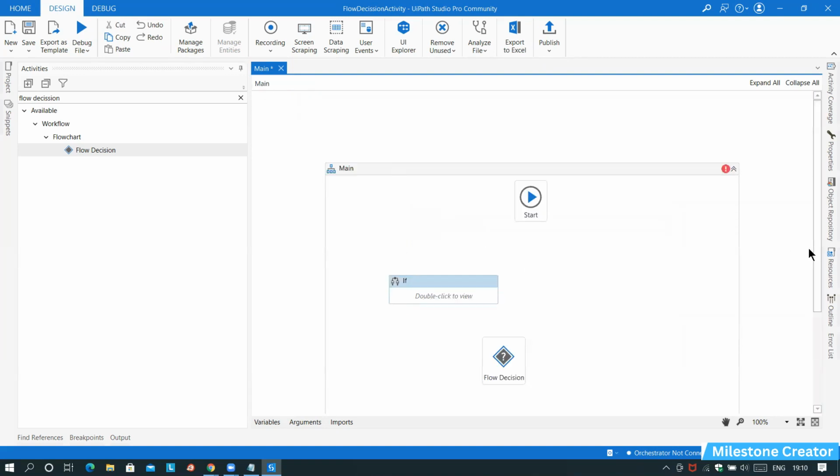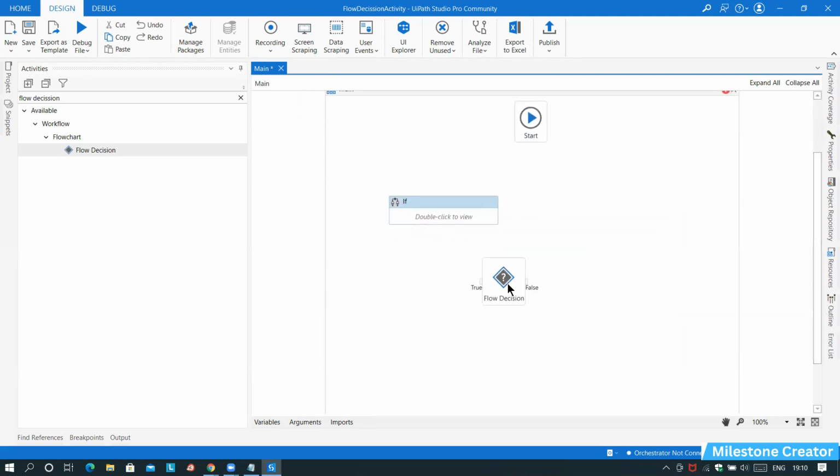Observe this one. There is a flow decision activity. This flow decision activity also has two directions. If the condition is true, go in one direction. If the condition is false, go in the other direction. Or if the condition is true, go to the left direction, and if the condition is false, go to the right direction. So this activity contains directions. From an interview point of view, they will ask you